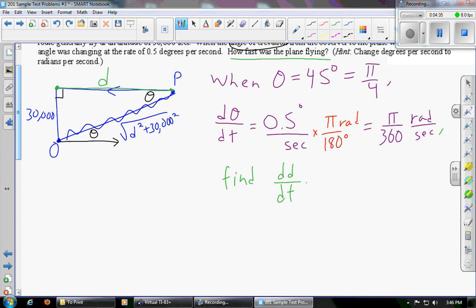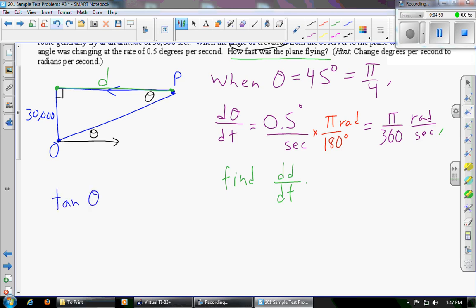That doesn't give me any more information about theta, and that's an inherent part of this problem. So let's get rid of all that stuff and try to come up with another relationship in this right triangle. And hopefully we start thinking of trigonometry, the trig functions. Which trig function is going to relate the d and the 30,000 and the theta? You can use SOHCAHTOA or however you think of it, but I think tangent is the winner